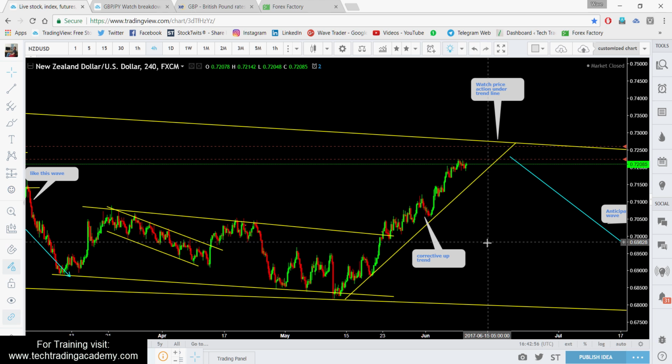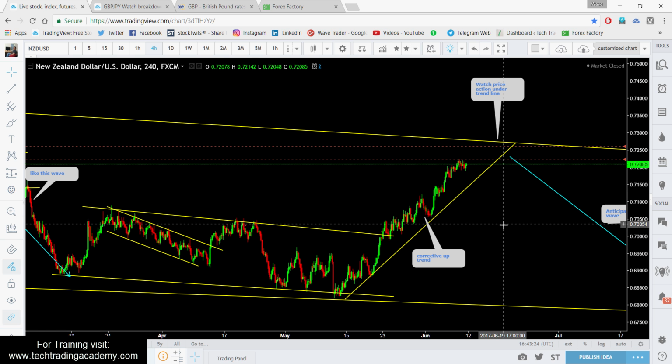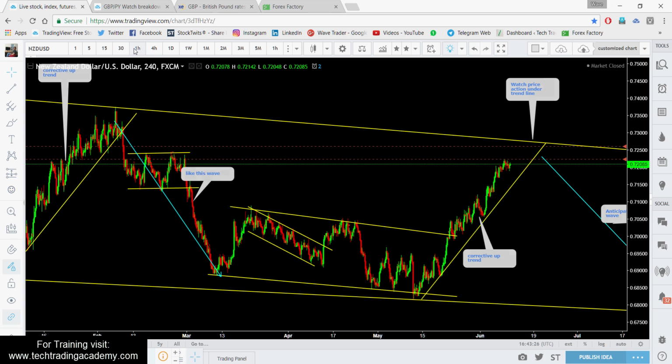Similar to pound USD, because what we are doing on this pair, we are trying to catch the top. When you are trying to catch the top, you may get stopped out a couple of times. But once you see the impulse, you will see the direction changing. Once you see the changing direction, you have to stay in the wave. Don't cut your profit early. We're going to see a breakdown very soon. I'm anticipating that